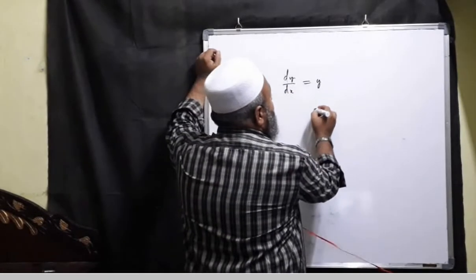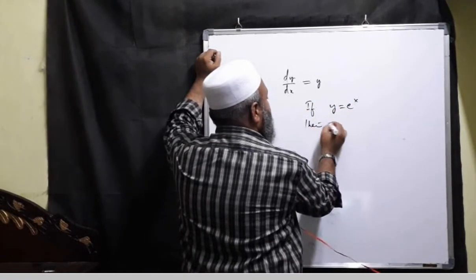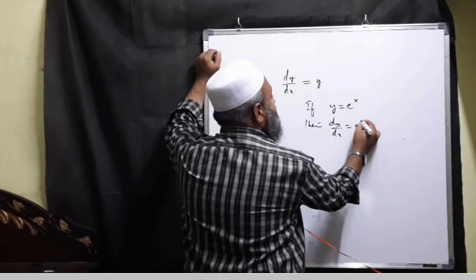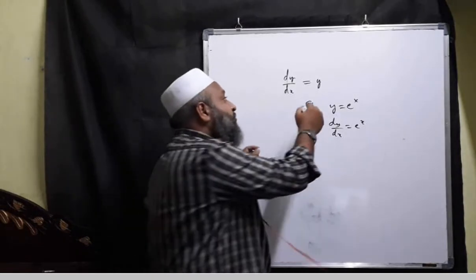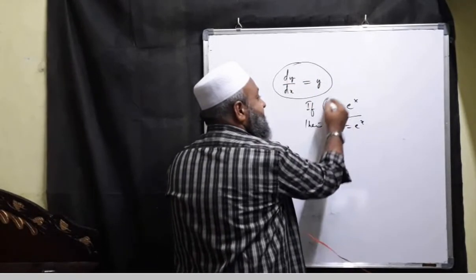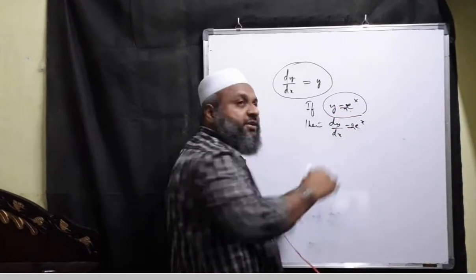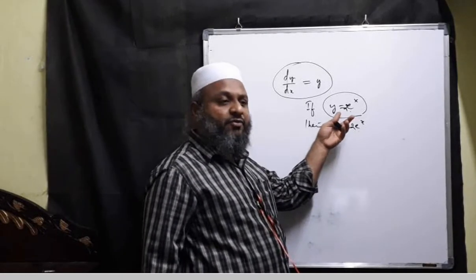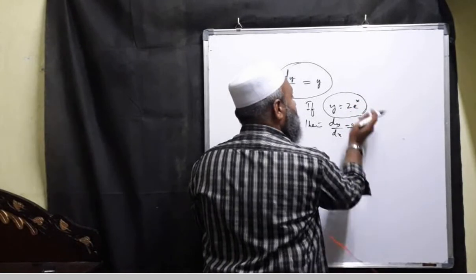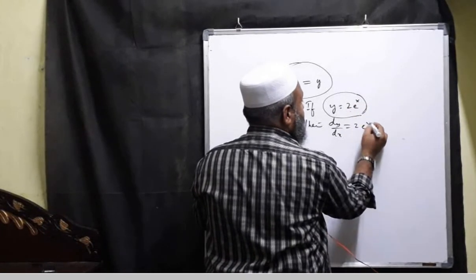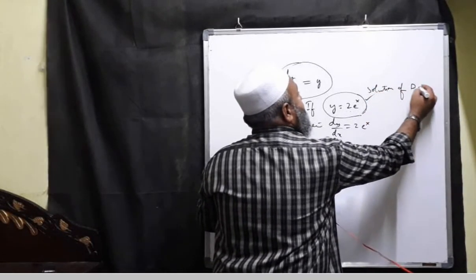That is, if y is equal to e to the power of x, then dy by dx is equal to e to the power of x. So definitely it satisfies. The point here is we have found a solution for this differential equation. Now if you multiply by 2, then again it will be 2 into e to the power of x. Therefore y equal to 2 into e to the power of x is also a solution of differential equation number 1.